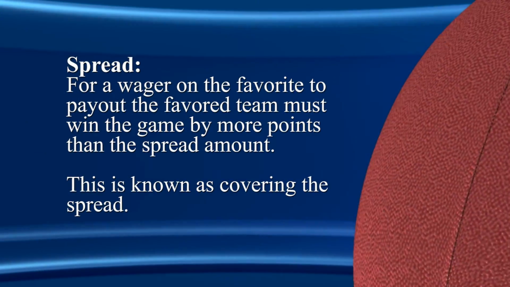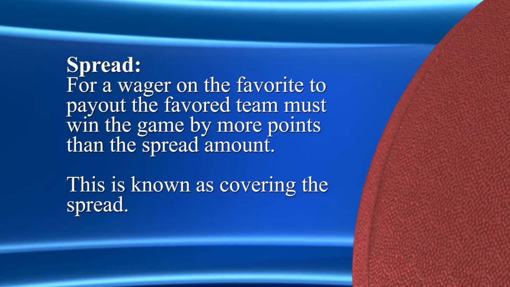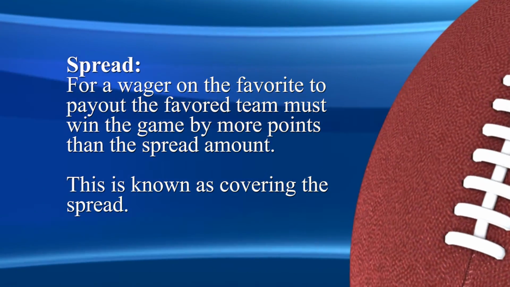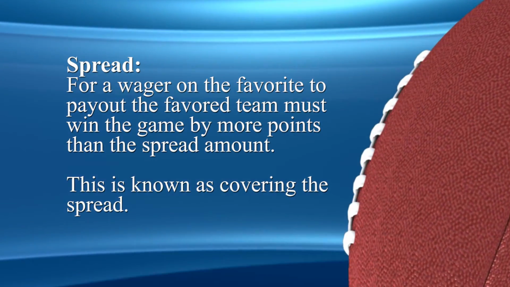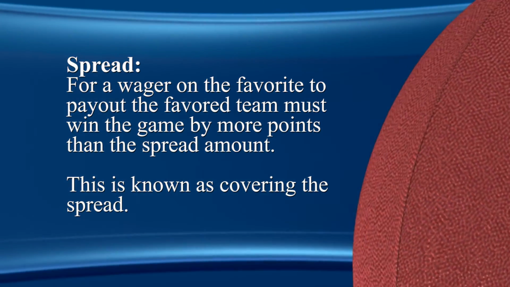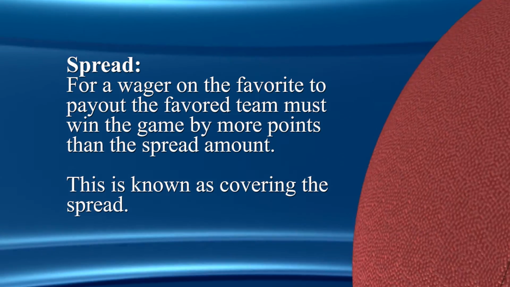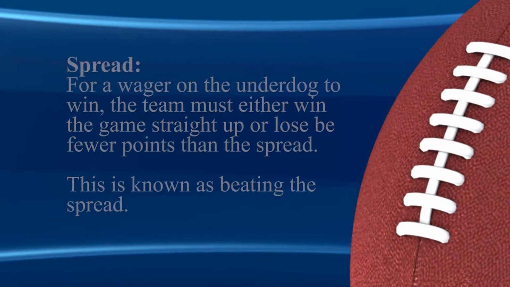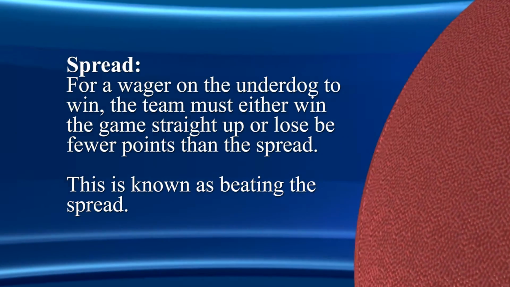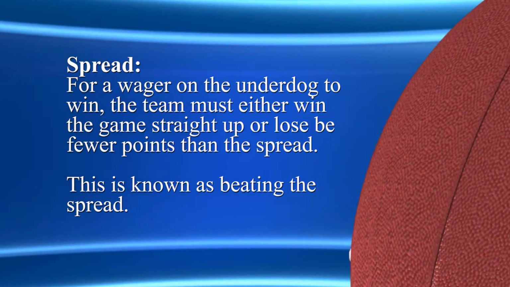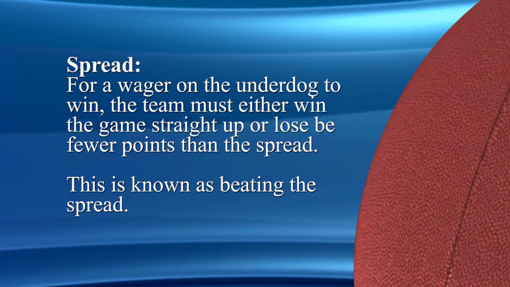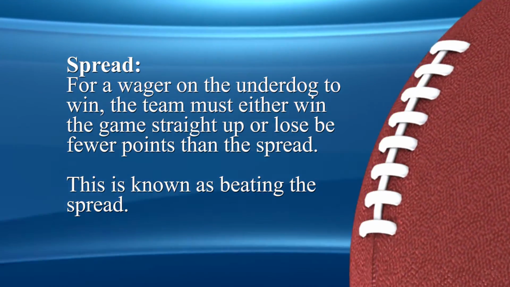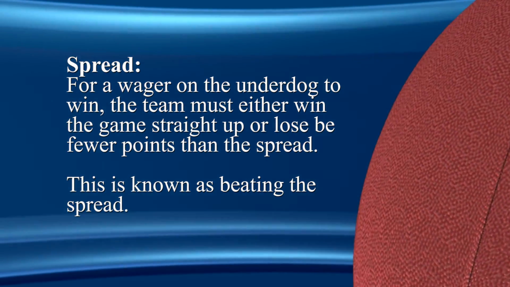If you take the Steelers versus the Texans, they would probably be about 4. So Pittsburgh would be at -4. If you see a team that has a minus next to them, that means they are the favorite and they have to win by that number. So the Steelers at -4 would have to win by more than 4 points. On the flip side, the Texans would be +4, and that means you can lose the game by less than 4 points and you would still win your bet.